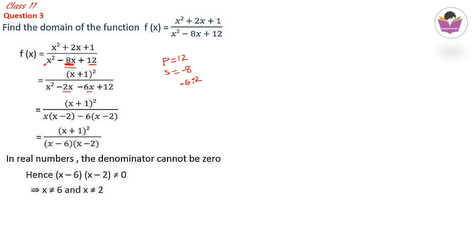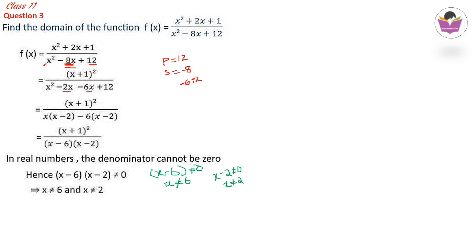x minus 6, just if you want I will write and show you. That is x minus 6. x minus 6 is not equal to 0. x minus 6 not equal to 0 means, if you bring 6 to the right side, x not equal to 6. The same way, another calculation is there, that is x minus 2. x minus 2 is not equal to 0. x minus 2 not equal to 0 means x is not equal to 0 plus 2. 0 plus 2 is 2.